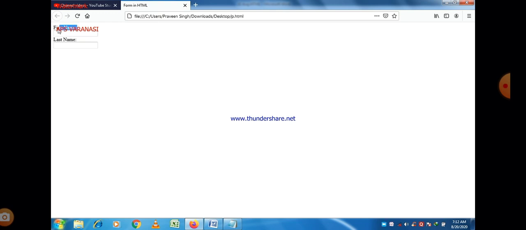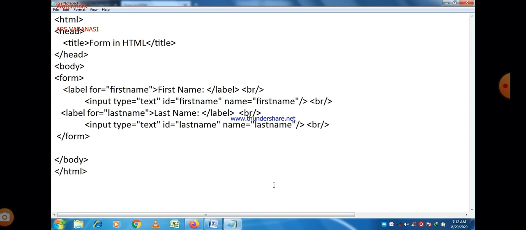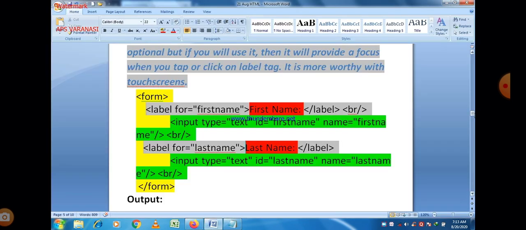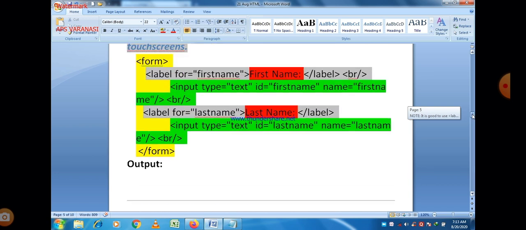There is a single line text box here, so don't be confused with the textarea. If we want to make a text box of more than one line, then for that purpose there is a tag named textarea. So the BR tag is very important when you want to print different statements in different lines, so always put the BR tag for that purpose.